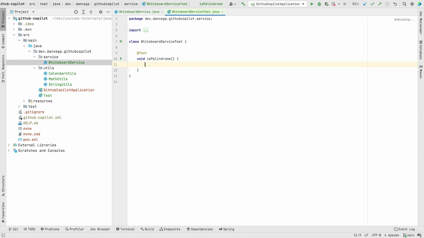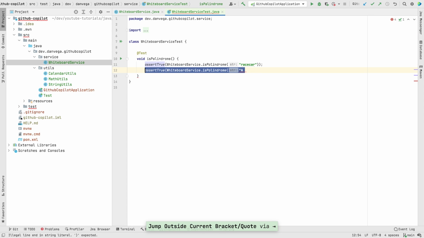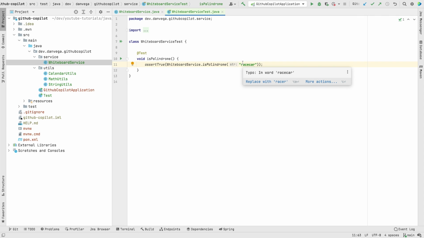And if I go in here, you'll see that it's going to help us. Hey, let's go ahead and create an instance, or we don't need an instance of WhiteboardService because that was actually a static method. So is this a palindrome? If you're not familiar with what a palindrome is, it means that the characters are the same forwards and backwards. So as you can see, R-A-C-E, R-A-C-E, C-A-R. So this should pass. So if we go ahead and run this,